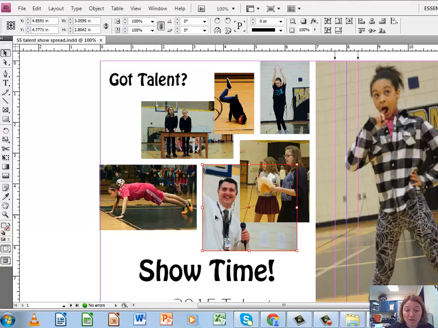This picture of Mr. Mead is actually flipped. The original image, Mr. Mead, was over here. And we have this lovely tool right up here that I am pointing to with my hand. If you look at the hand tool, it's flip horizontal and flip vertical. So that's very nice. So we were able to just flip Mr. Mead to this side so that we could get our image in here of the talent show girls. Okay,